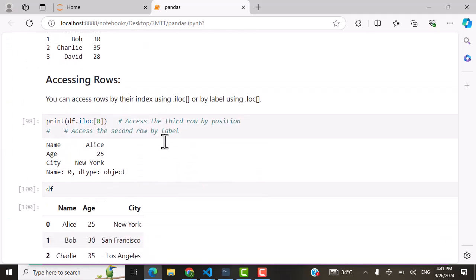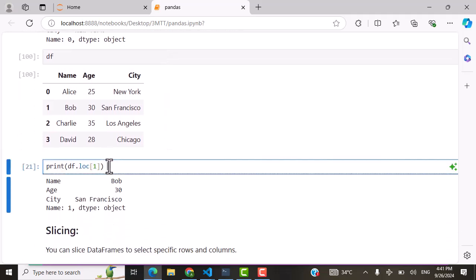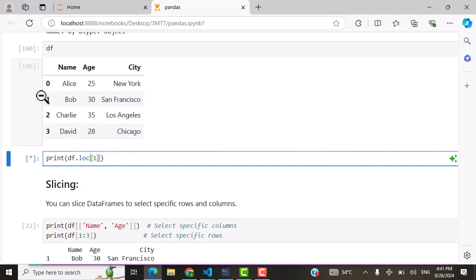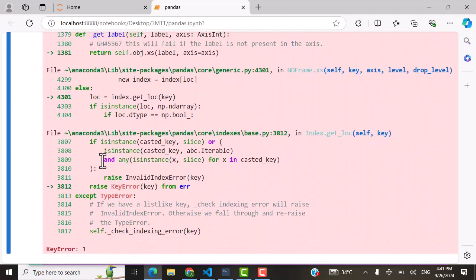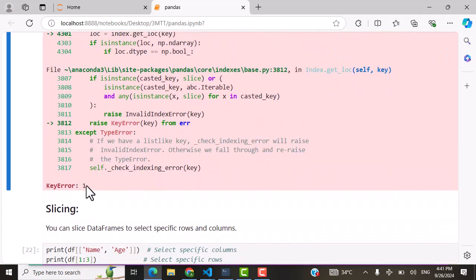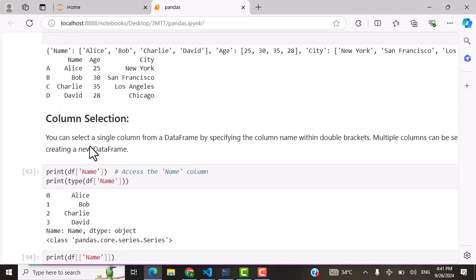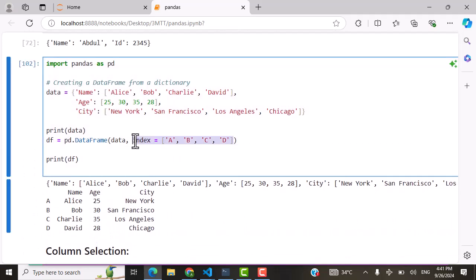So that means when we call on loc this time and you do this, it's going to return an error because you're using a label based data frame, and this time you have a label, not just 0, 1, 2, and whatever. So this is not the label of the position. So it's going to return an error. It's saying it doesn't recognize 1 as a label in this case. But before we included this index, let's run it. I forgot to run it. Let's remove this index